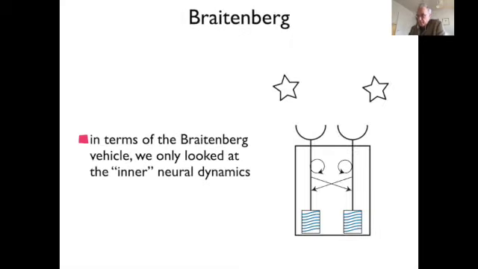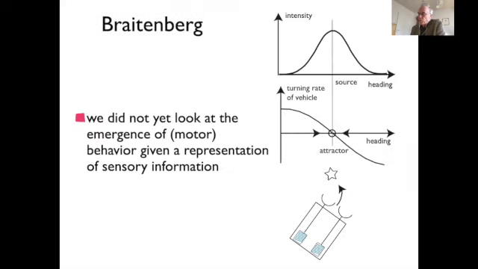And so on the motor side, I just want to connect that to what you heard earlier in the course. What we're looking at is how this inner dynamics, which in this Braitenberg lecture, I just made these funny arrows that the activation that goes along this cable could be passed across multiple neurons. And it could be self-excitation, things like that. And now we know, of course, much better how that's actually done. So what we have to do is to connect that to that motor dynamics, which in the